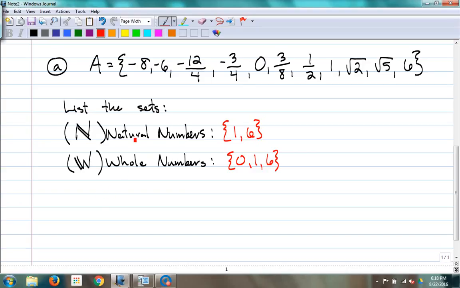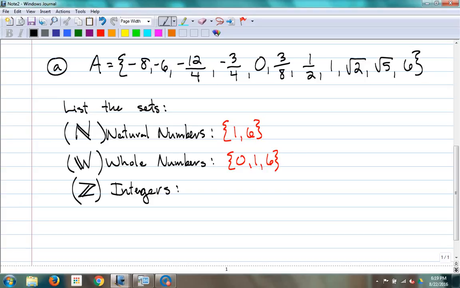Now, the next box on there was integers, right? I'm going to blow your mind here because the notation is not an I. The notation is a Z. And if you ask me why, I can't tell you. I don't know. It's always been that as far as I know. So the notation for integers is a Z, not an I. Evidently, there's a Greek word that means integer that starts with a Z. All the Greeks came up with this. So the integers